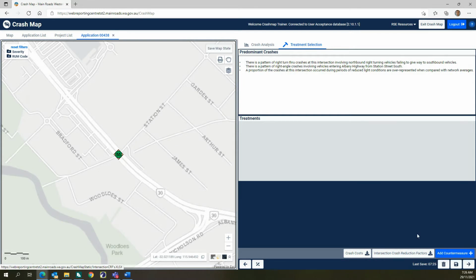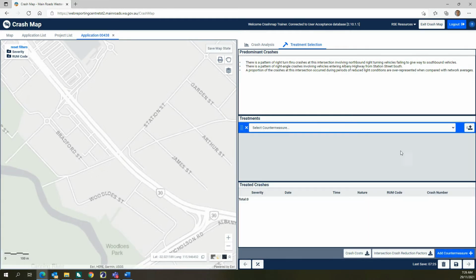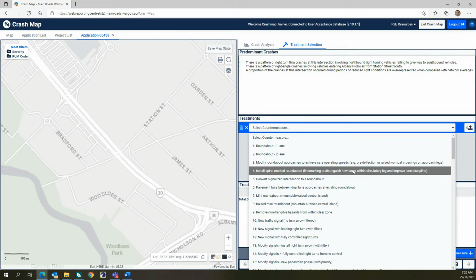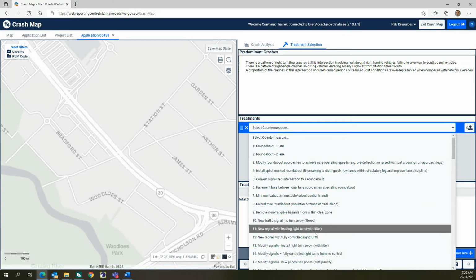For this example, the following treatments have been selected to address the predominant crashes at this location by clicking the Add Countermeasures button: Treatment 12, New Signal with Fully Controlled Right Turns,